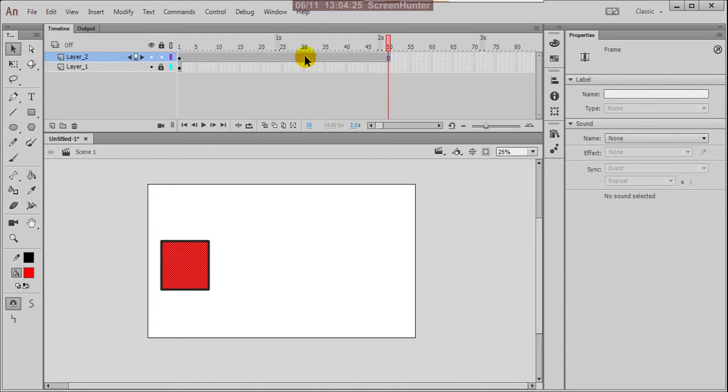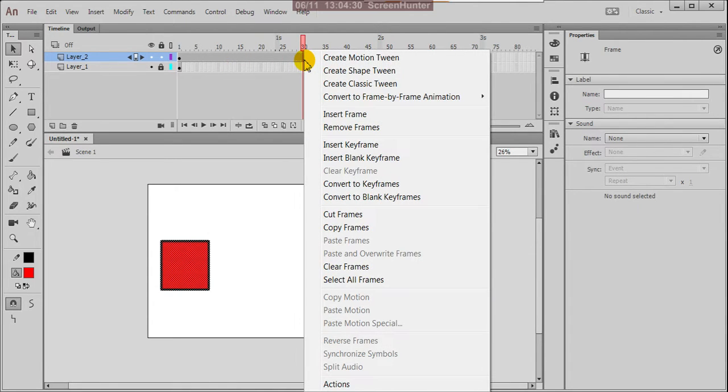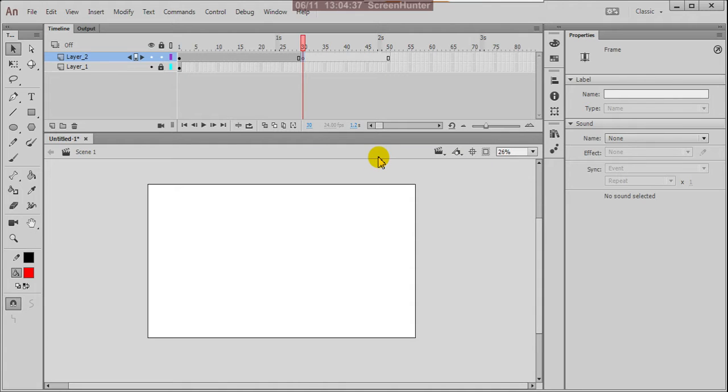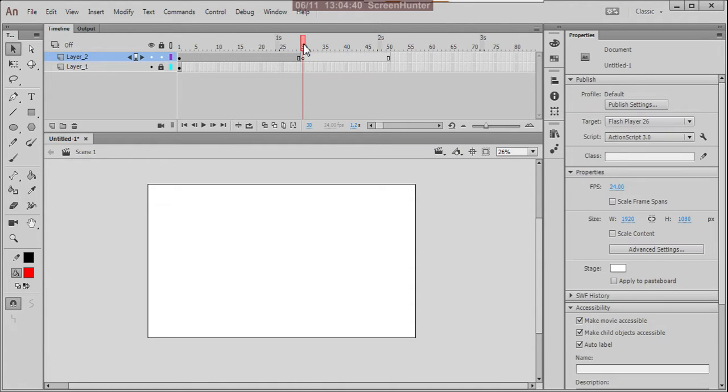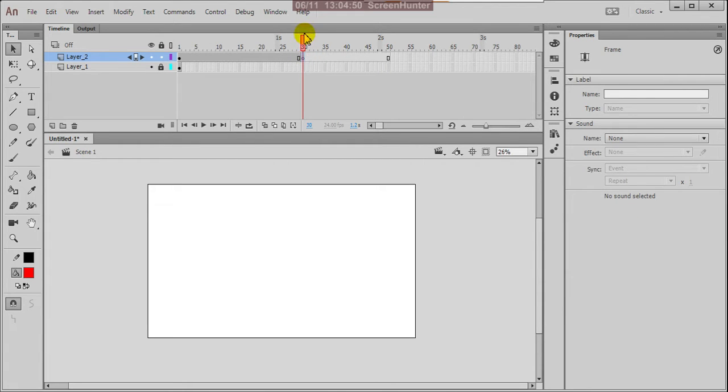Suppose between these frames, anywhere, right click and insert blank keyframe. Then what will happen? See, here your frame is not there, so you inserted a blank empty one. Just before that your frame is there, but from 30 nothing is there because you inserted a blank keyframe.